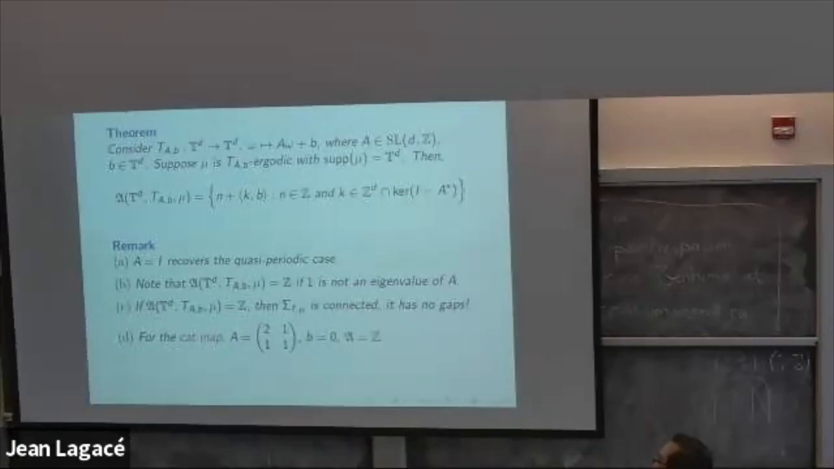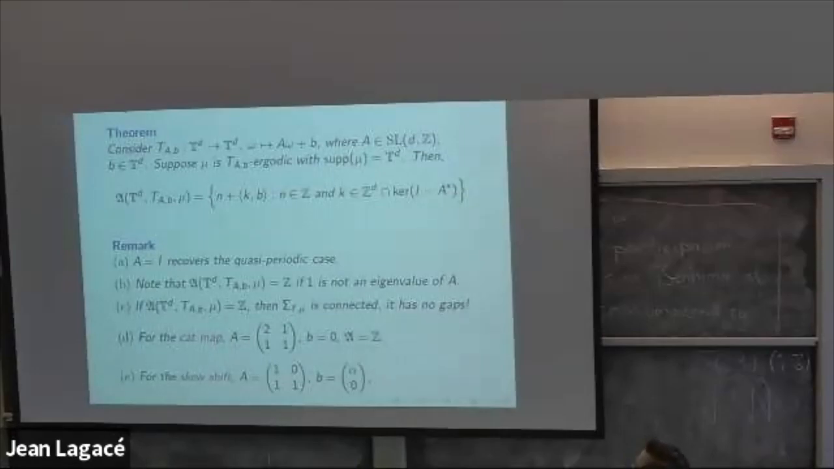Okay, anyway, so this really is the cat map that is well studied, and the previous two remarks apply to this example. And we see that all Schrödinger operators defined by the cat map have no gaps in their spectrum. Okay, so for the skew shift, another well-studied example,